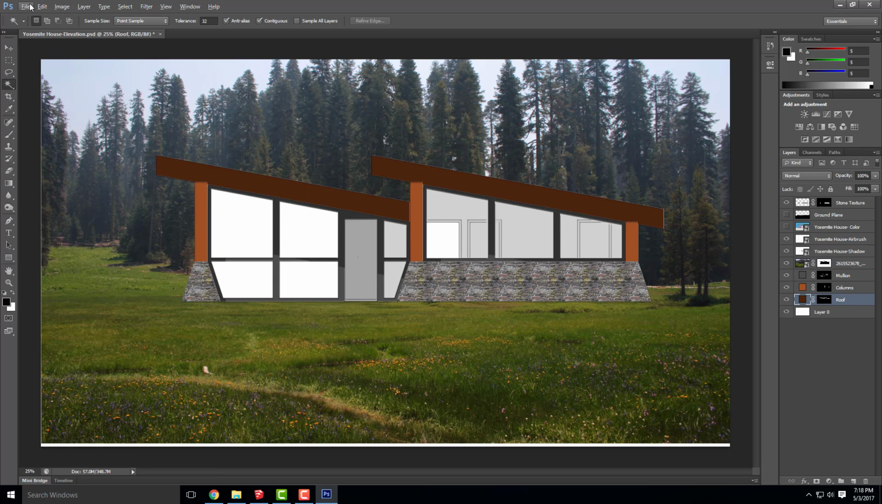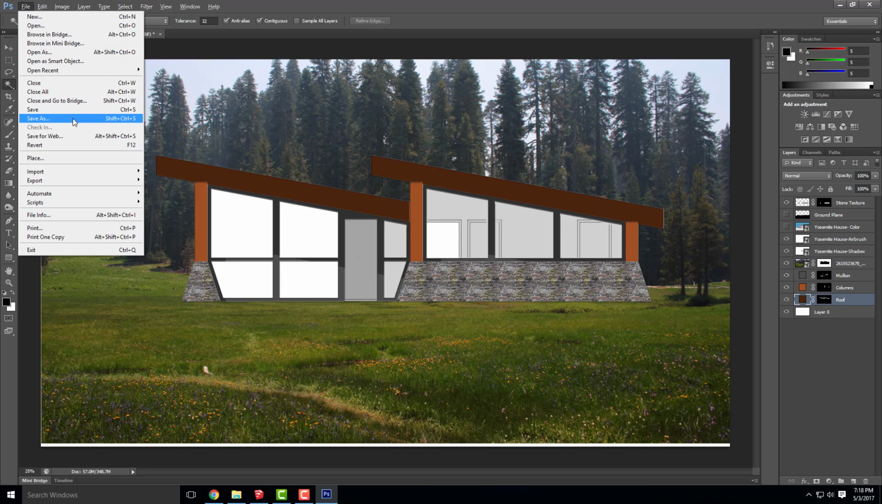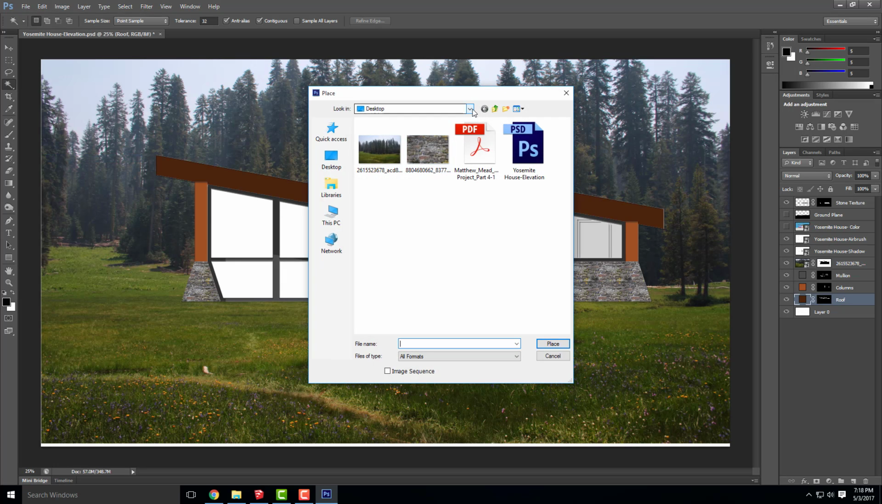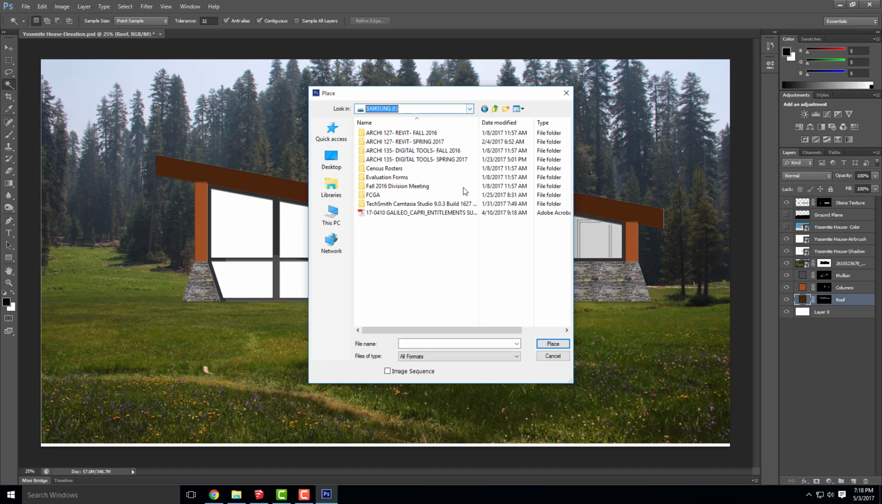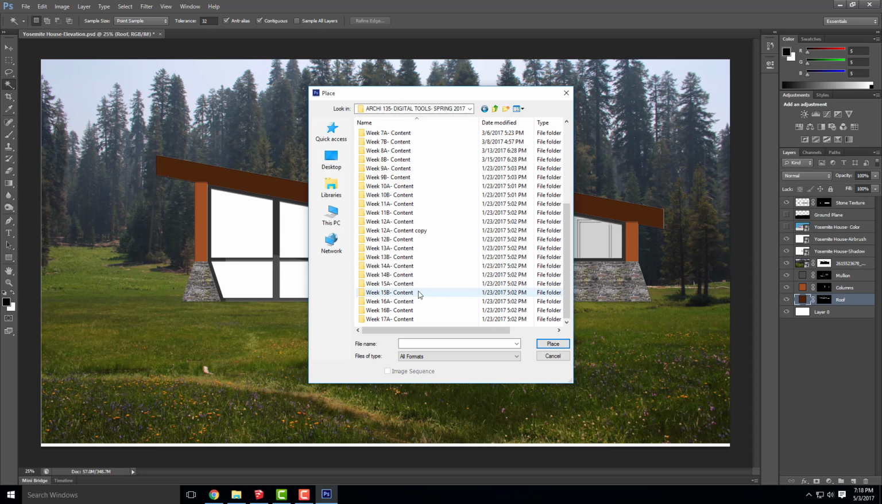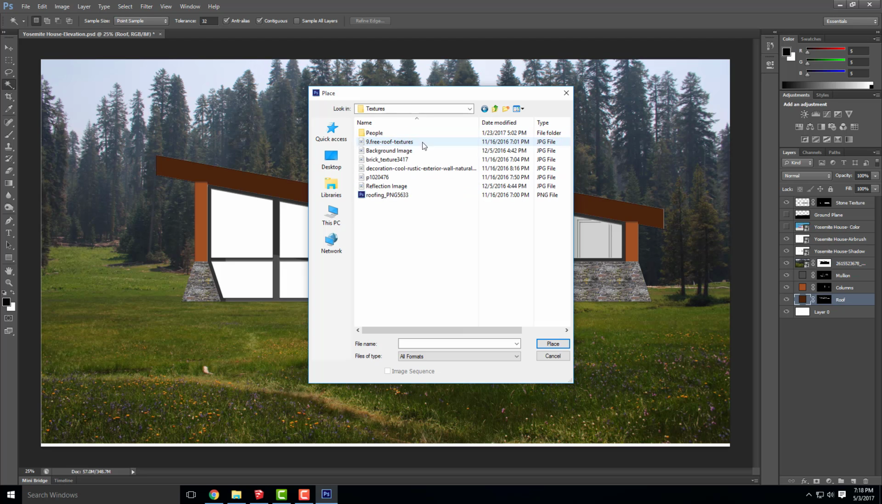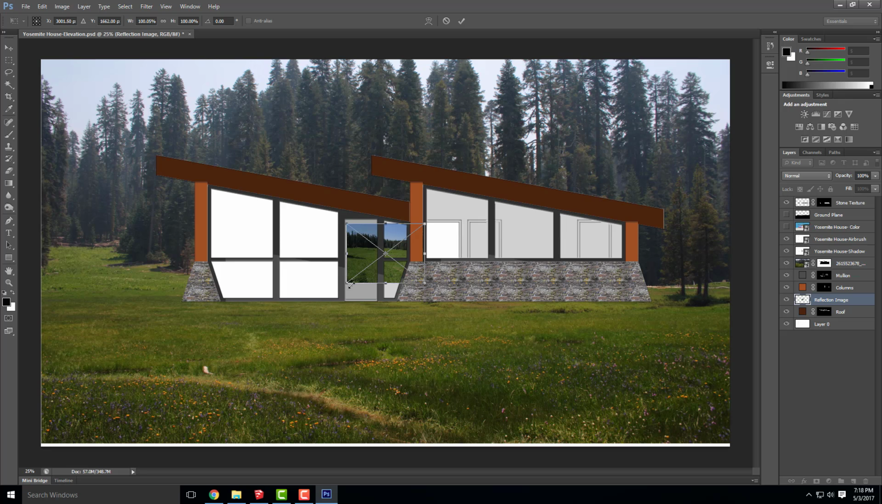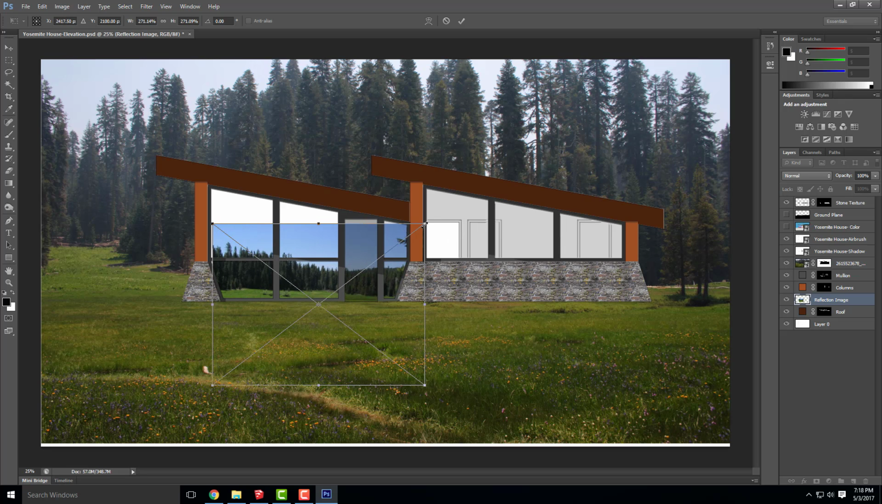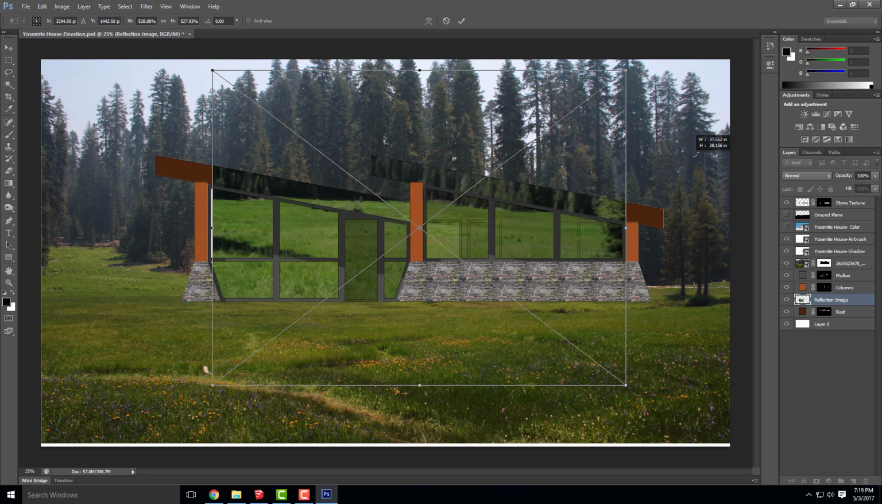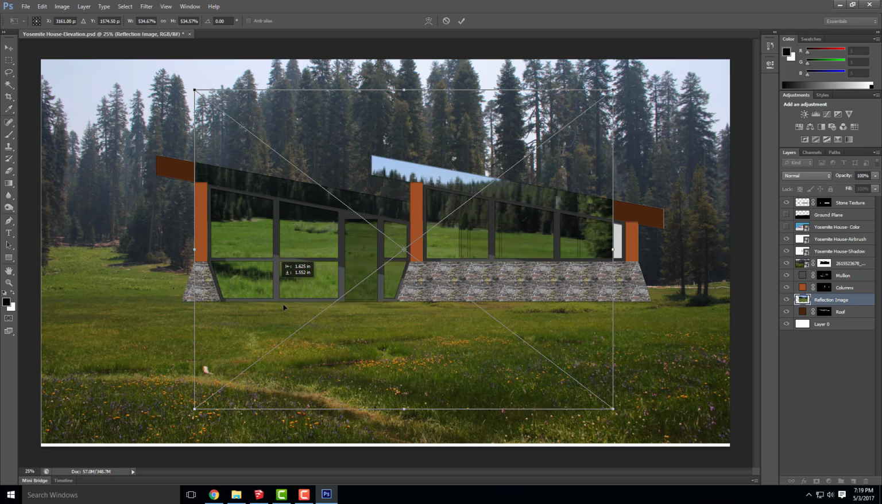Okay, so I'm going to go ahead and go to File, Place. I've already found this option, but just like before, you could go to Creative Commons and search different background images. I'm going to do File, Place, and in my thumb drive I've already found this. Okay, so I'm going to do File, Place, and I'm going to enlarge it so that it fills all of my windows